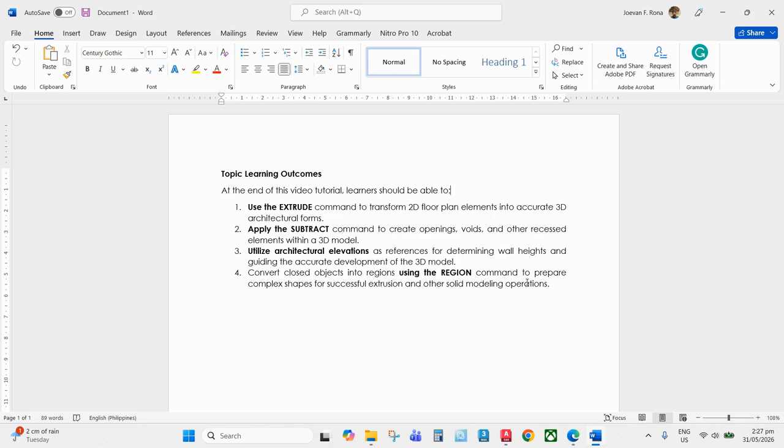Apply the subtract command to create openings, voids, and other recessed elements within a 3D model. Utilize architectural elevations as references for determining wall heights and guiding the accurate development of the 3D model. And finally, convert closed objects into regions using the region command to prepare complex shapes for successful extrusion and other